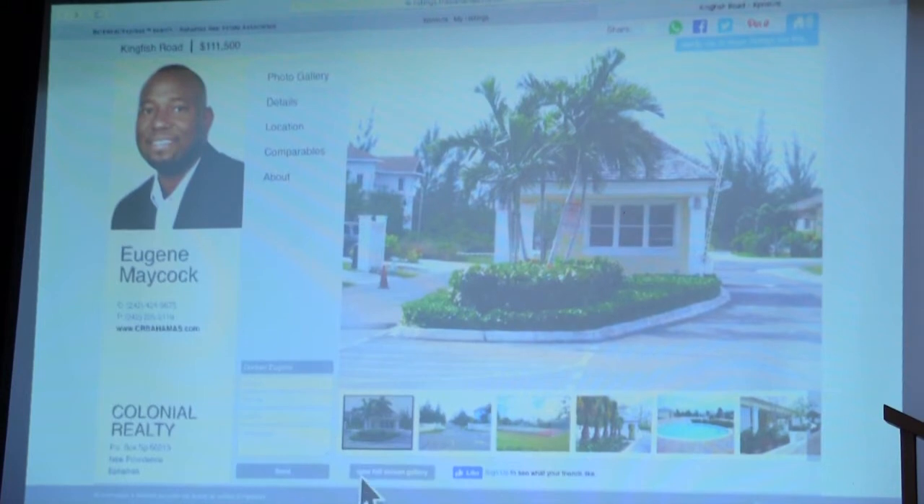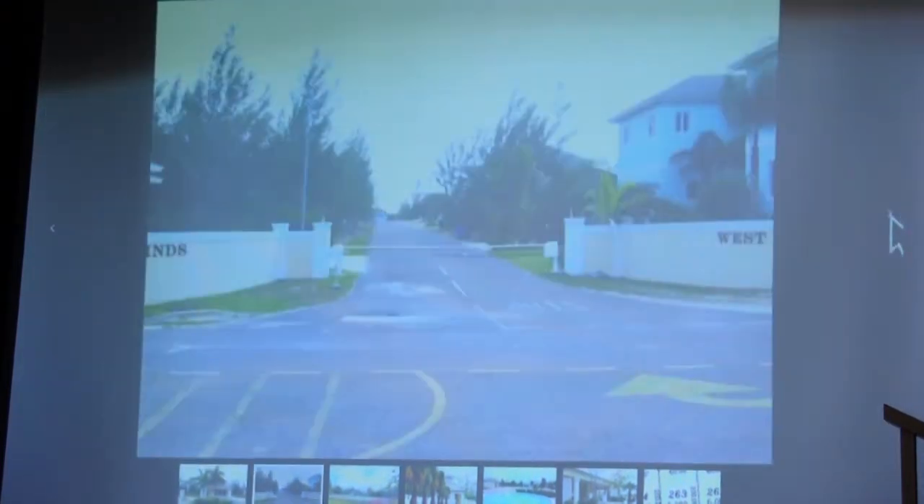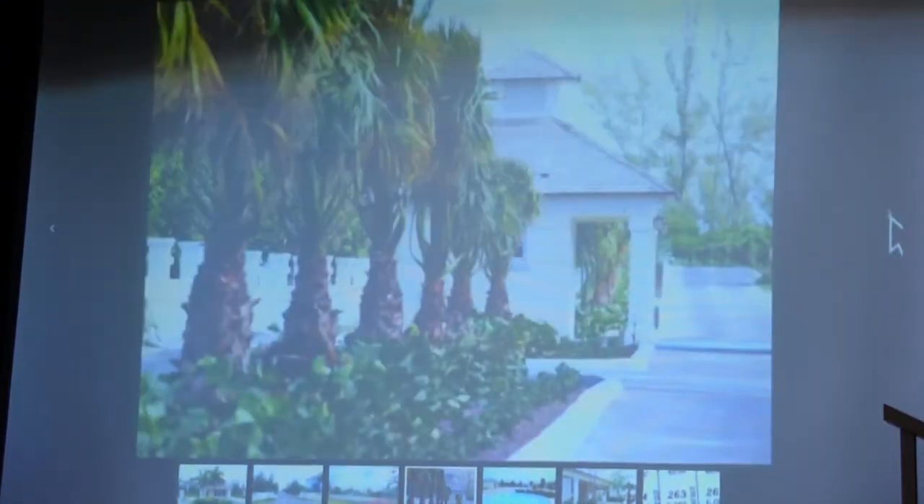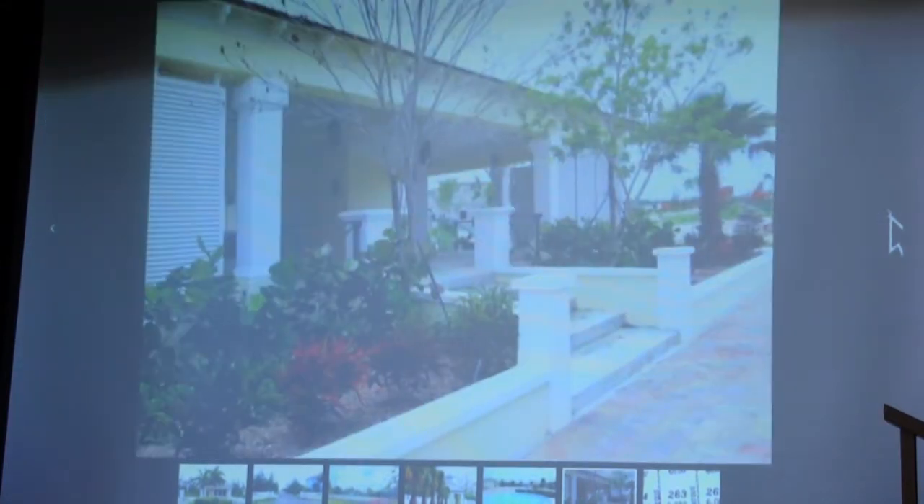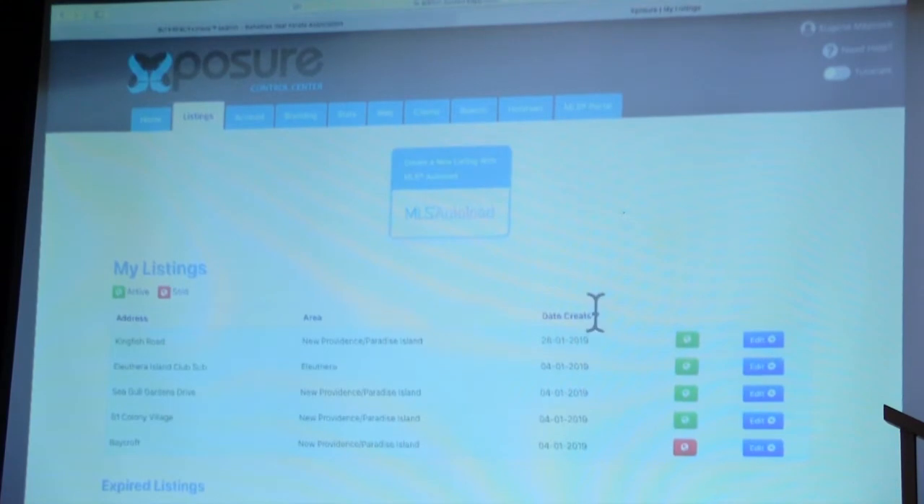Now, if you look at these photos, I mean, this projector's fuzzy anyway, but on my screen, they look a bit fuzzy. It's because the current system only allows a certain size or resolution of image. The new exposure system upgrades those tremendously. So what you can do to upgrade your listings or the listings for all of your agents is go to their account and click Edit,